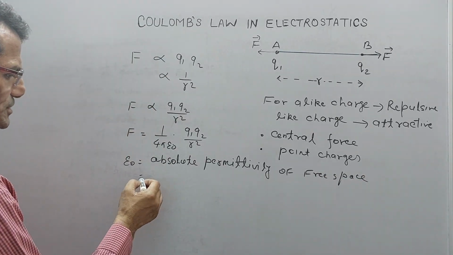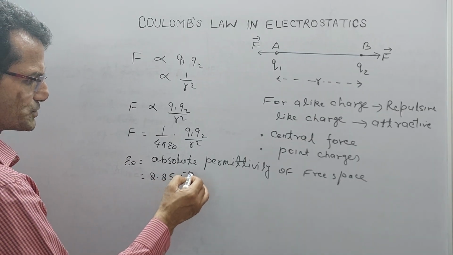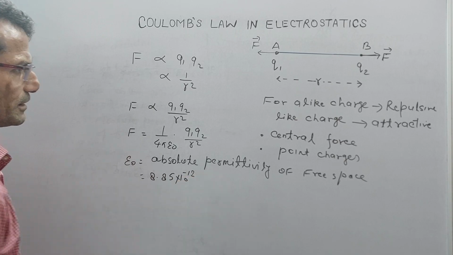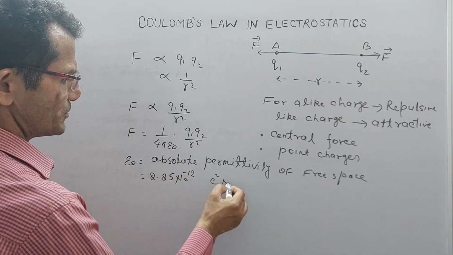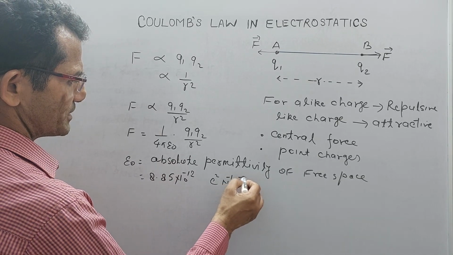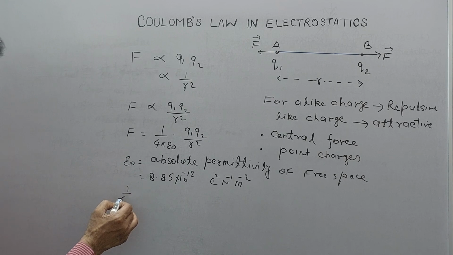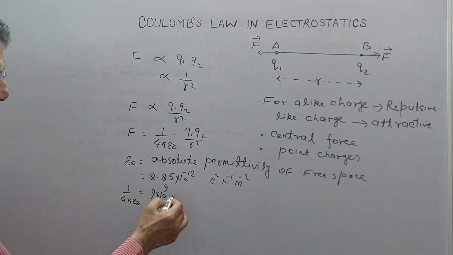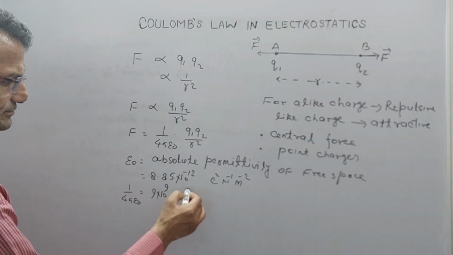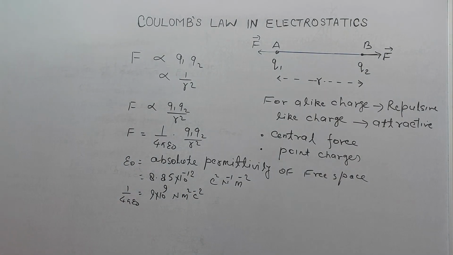Now its value comes out 8.85 × 10^-12, and its unit is Coulomb square, Newton^-1, meter^-2. And as a combined 1 upon 4 pi epsilon naught, in that case 1 upon 4 pi epsilon naught has the value 9 × 10^9 Newton meter square Coulomb^-2. So this is the value which we have calculated